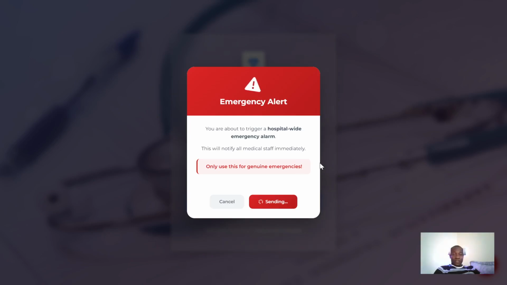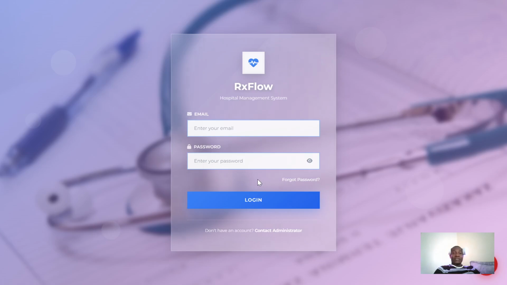So all the departments take that into consideration and give the patient priority. That is the role of this trigger alarm on the login page. The other thing on the login page is the login frame, which logs in by email and password, and all these must be provided by the administrator. So when I log in,